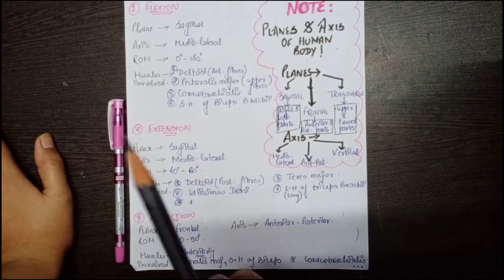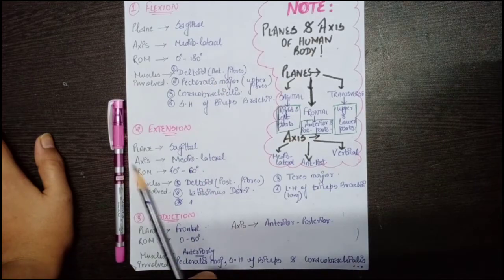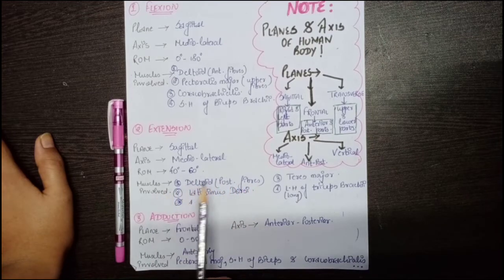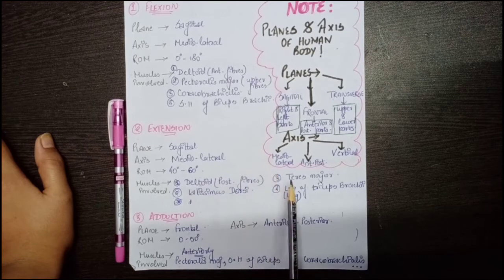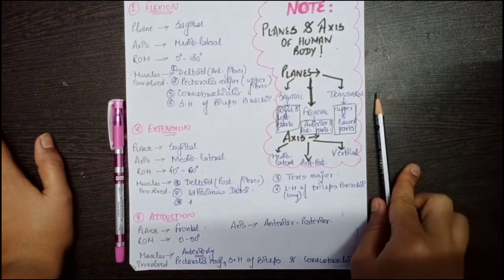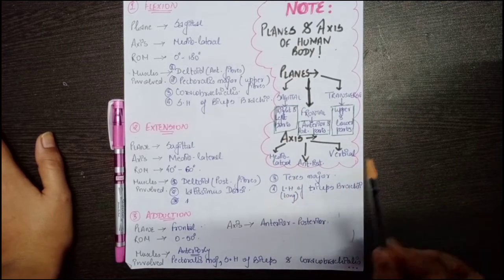See, for the forward movement, that is flexion, you had anterior fibers of deltoid. But here in the backward movement, you would have some back muscles and the posterior fibers of deltoid. So the muscles are posterior fibers of deltoid, teres major, latissimus dorsi, which is a back muscle, and the long head of triceps brachii. Please do not confuse long head with lateral head. It would be the long head of triceps brachii.